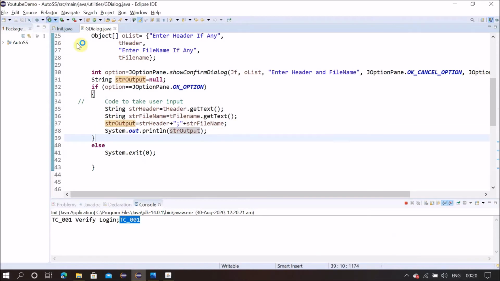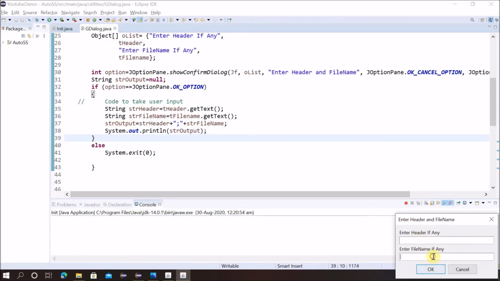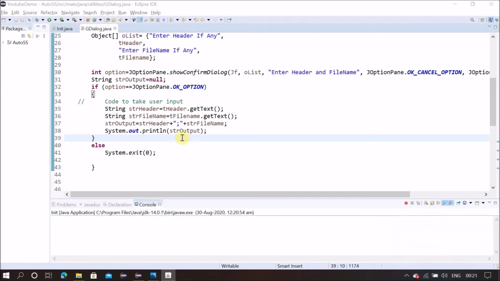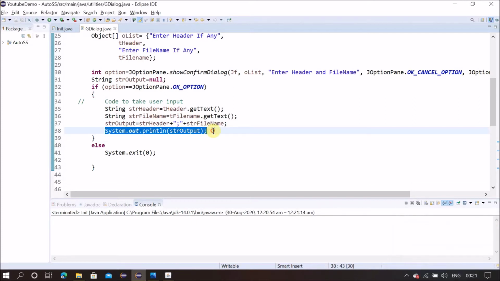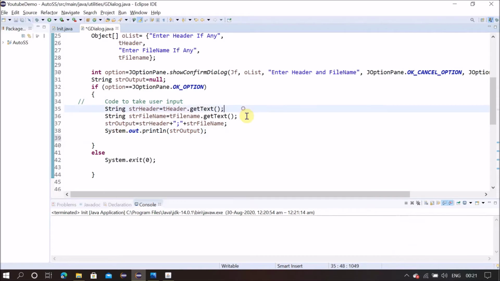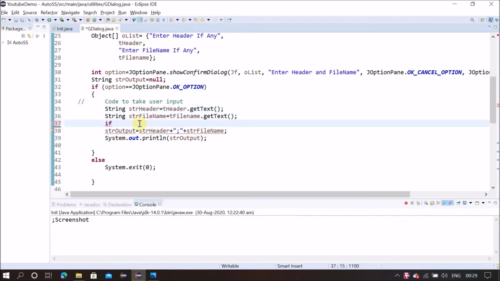Now the question comes, these two fields are not mandatory for the user, right? If the user wants to enter these two values, then this is okay, they can enter. If not, then we have to provide some name for the file name, right? Without a file name we cannot save the file. So in case the user is missing both things and clicks on OK, let us create some file name here. What we can do over here is, we'll take strFileName and write it here,